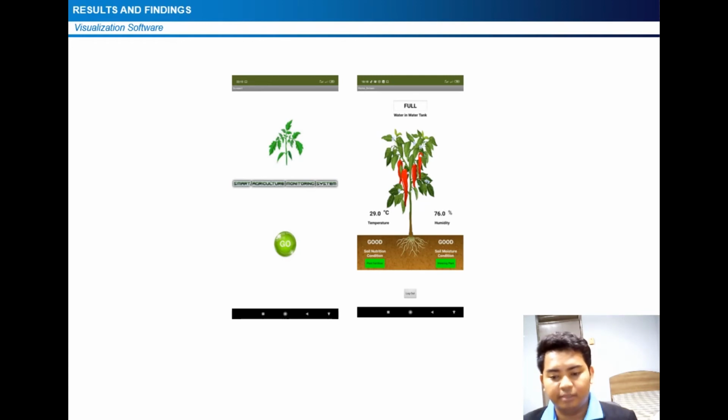value of the pH is 1, we will display good, which is less than 5.6. If the data that we got is 0, we will display bad, which is the value greater than 5.7 pH. For soil moisture conditions, we also make some construction of coding inside the MIT App Inventor, which is if the soil moisture is less than 1, it will display bad. If the soil moisture is greater than 1, it will display good.